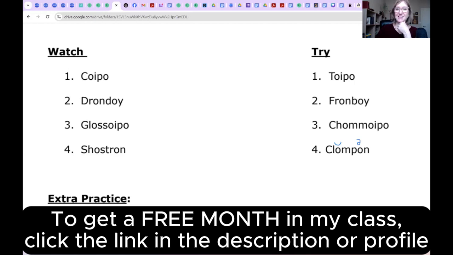Okay. So this C, of course, is going to make its hard sound. It's always going to make its hard sound in this class until I teach you different. O is going to say ah because of those 2 consonants after it. And here's an O that is almost to the end of a longer word with a consonant after it. Then that O changes to the schwa sound and says uh. So those 2 O's say 2 different things depending on where they are in the word and the letters that surround it, and you have that knowledge. So the sounds are k, l, ah, p, n.